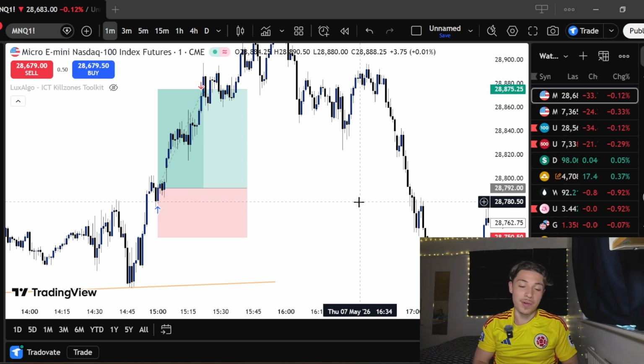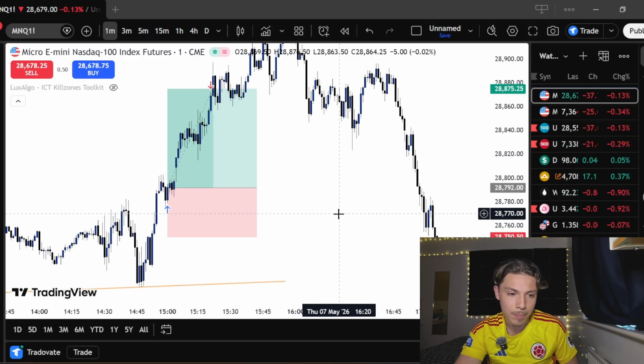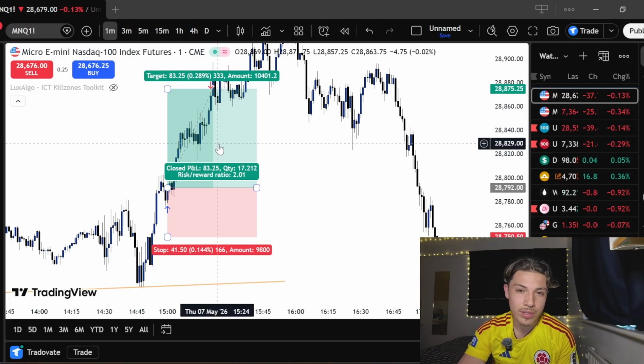Welcome to today's video. In today's video, I'm going to be giving you a trade breakdown on this trade right here. As you can see, this was a very clean buy taken on the Nasdaq. And yeah, it was about a 2 risk reward ratio. This made me just over